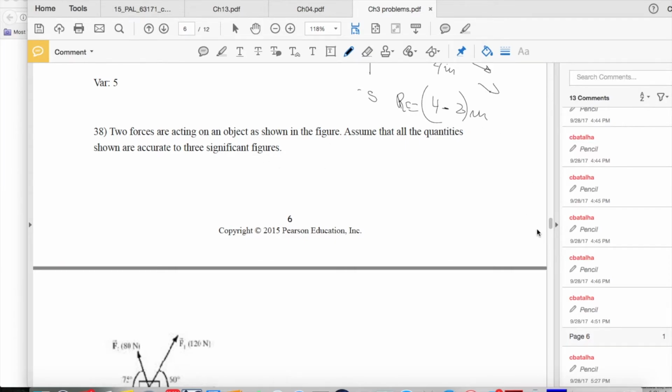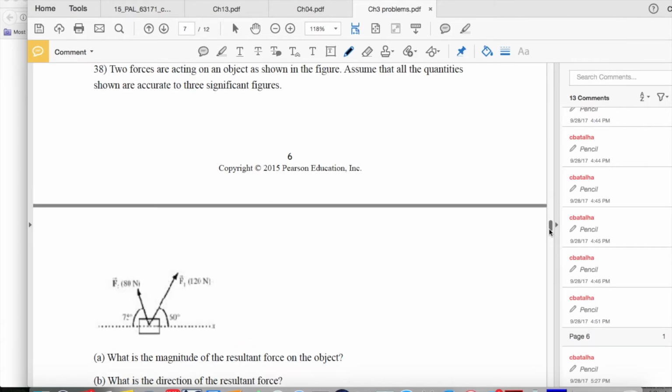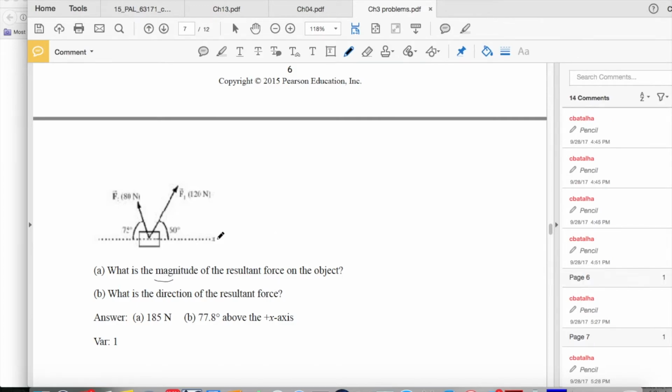All right, back. So we have two forces. This is number 38. I'm in a park now, so you might have some noise in the background. But there are two forces acting on an object. And this is an example of problems that might happen in chapter 4, chapter 5. But here it doesn't matter because it has to do with vector addition. And forces are vectors, so we add them the way we are learning in chapter 3. So we want to find the magnitude of the resultant force.